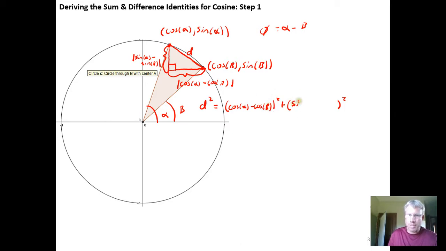And this is going to be sine of alpha minus sine of beta, the difference between the y coordinates, to get the height of that right triangle. And then I can simplify d squared a little bit by